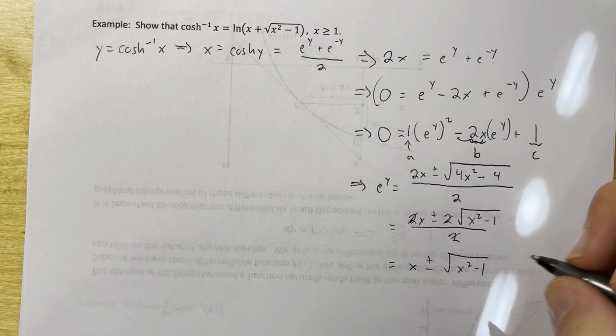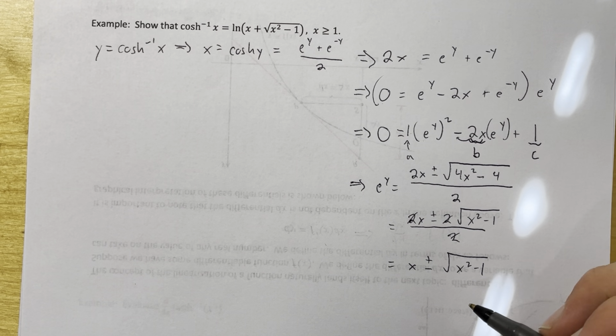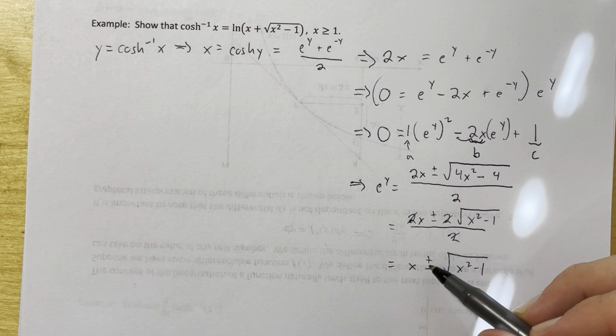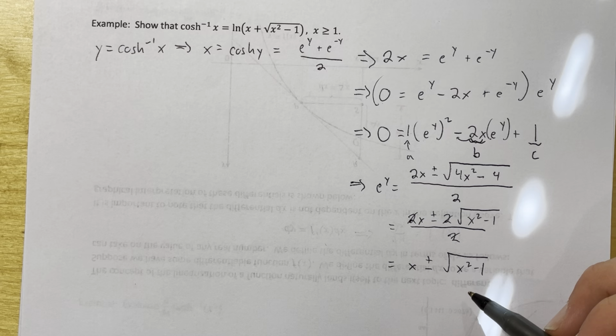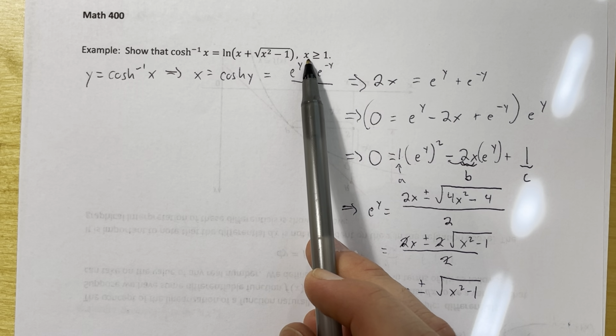Now I do need to be careful here because even though I have a plus or minus, the minus actually doesn't make any sense. And the reason for that is because this thing will not be defined if I'm using subtraction. So to be a little bit more careful about that, remember how we defined x to be